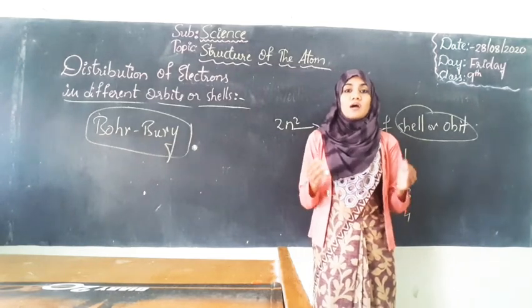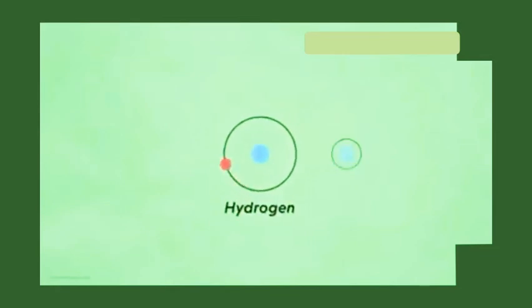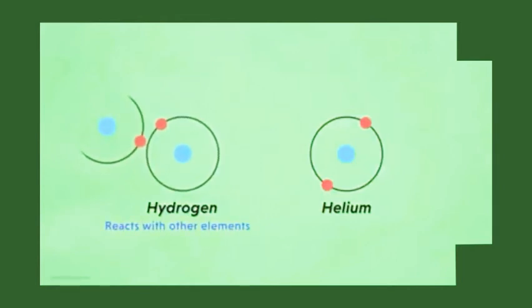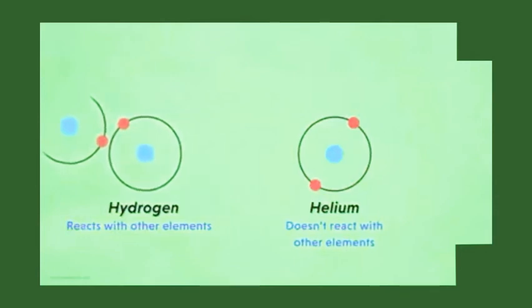So let us understand the concept of valency and the process of chemical bonding between two different elements or compounds. To understand a few concepts related to atoms, let's begin with two simple elements, hydrogen and helium. Apart from the difference in the number of electrons and their structure, can you tell me another difference between these two? Yes, the most important difference lies in the fact that hydrogen is capable of reacting with several other elements, while helium never really does.